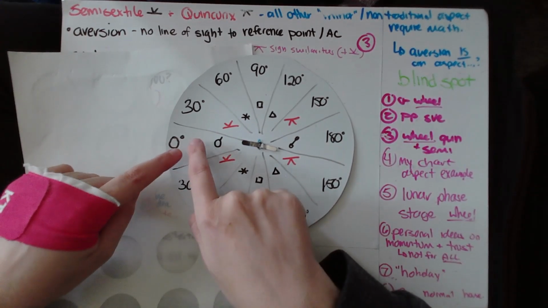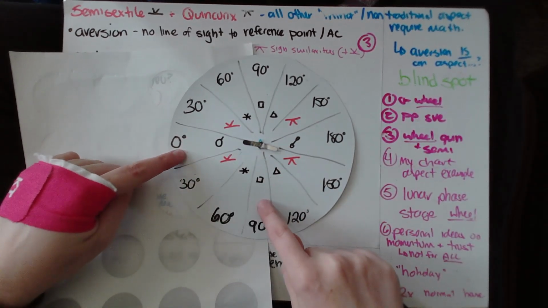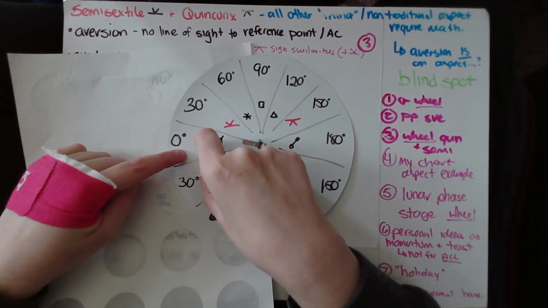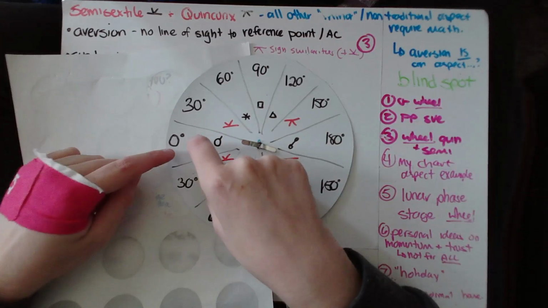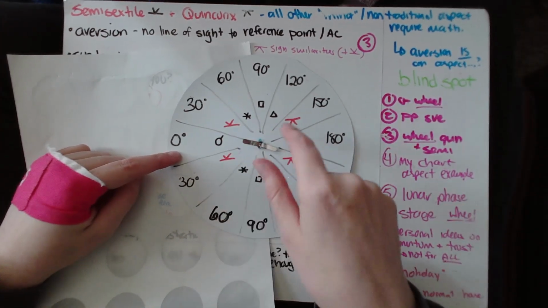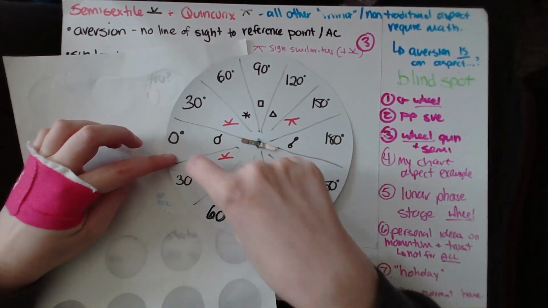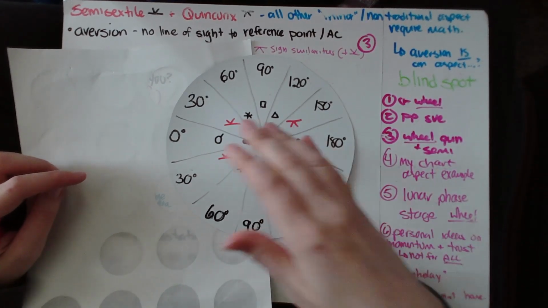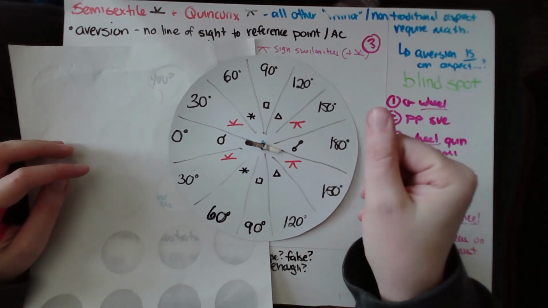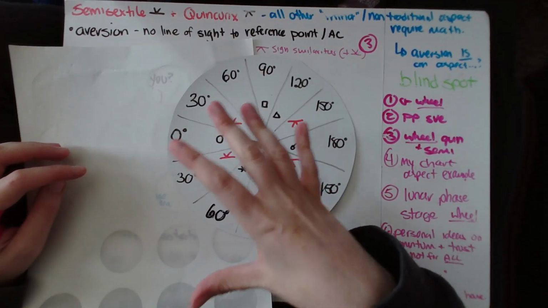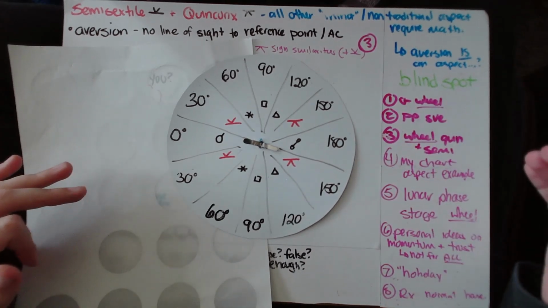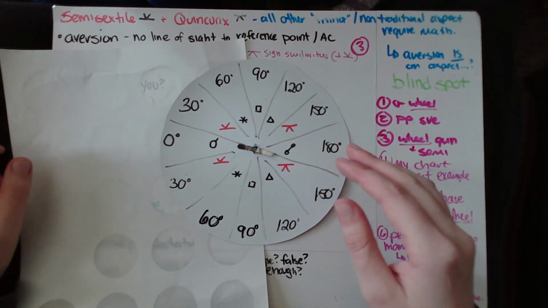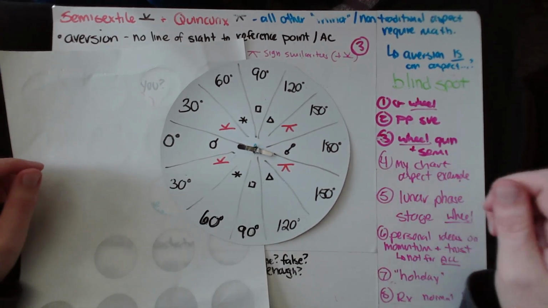Just like how we can have something here, and if they're at the same degree, that would be a square. Something here and something here at the same degree would be a semisextile. Whereas if you're trying to do all the other things, it's not an exact multiple of 30, so you have to do other kind of math on it. These are the ones that I've been working with because you can see it, and we'll get into how you can see if they work for your chart or if you should be trying to learn what they are. Semisextiles and quincunxes are considered a version, which means they have no line of sight to the